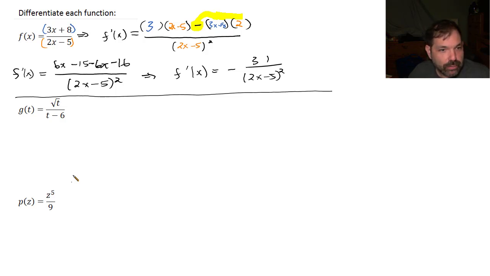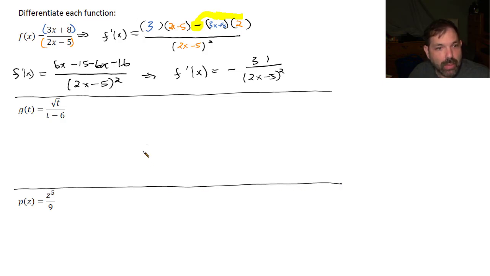Alright, so we have g of t is the square root of t over t minus 6. So then g prime of t. Alright, the derivative of the top, the derivative of the square root function is 1/2 t to the negative 1/2 power. Recall that the square root of t is the same as t to the 1/2, so then applying the power rule. Okay, now I leave the denominator alone. T minus 6